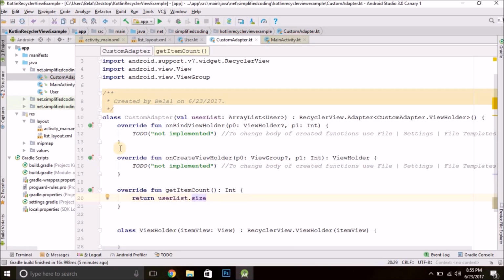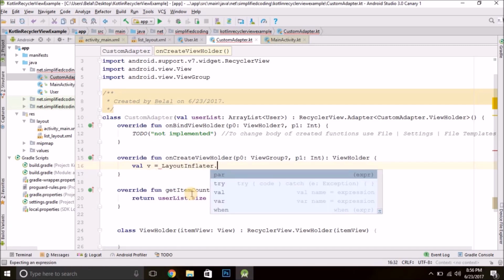That's it. Now inside onCreateViewHolder we will create our view holder, and for this we will use this list layout that we created, and this list layout will be generated for each item in our recycler view. So for this we will create a view first. Let's say val v equals, and we will use the LayoutInflater class dot from.